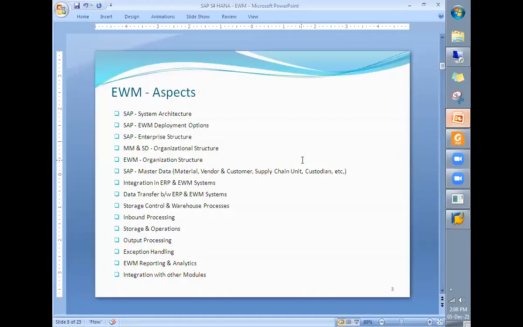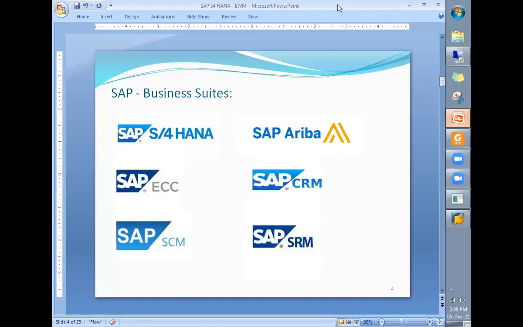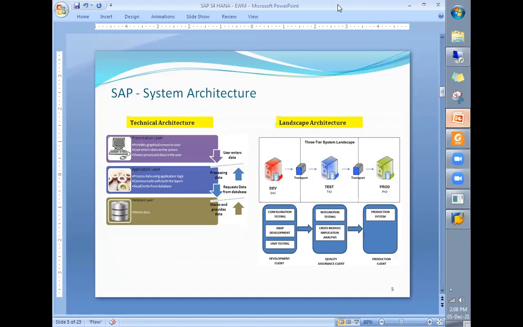After launching R3 in 1979, they have still been continuing the 3-tier architecture in ECC and in S4HANA. The same architecture is used, where we have the presentation layer, application layer, and database layer.